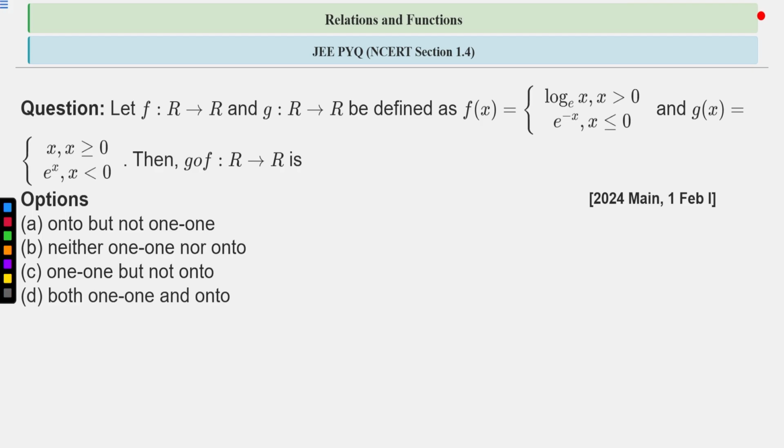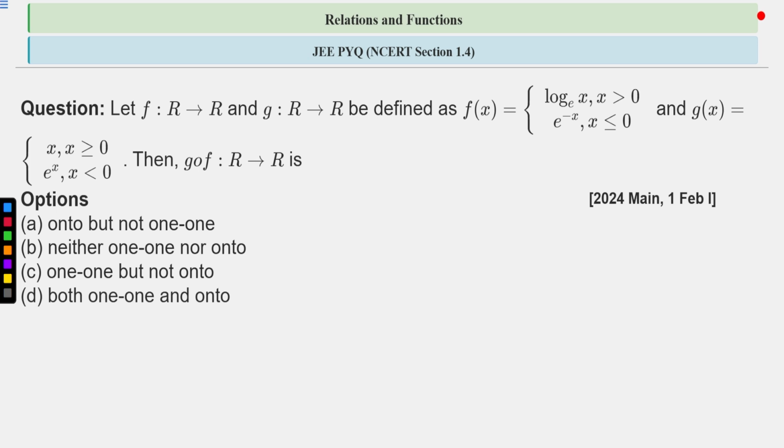So, how can we approach this question? This is basically a piecewise function, and all the functions given inside it are ones whose graph we can easily draw. So you can try to draw the graph of the function g(f(x)) by calculating its value. After drawing the graph, if any line parallel to the x-axis cuts the curve at one point only, then it is a one-one function, and if it cuts the curve at more than one point, then the function is many-one, right? Clear?